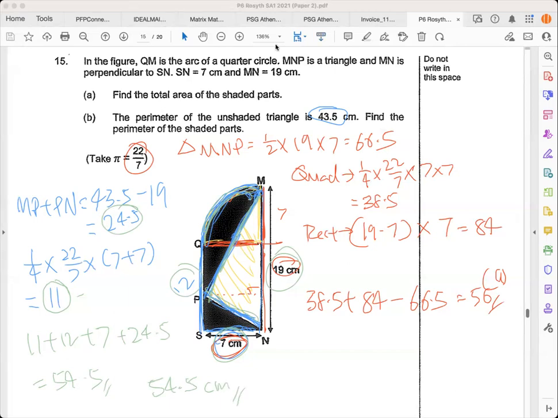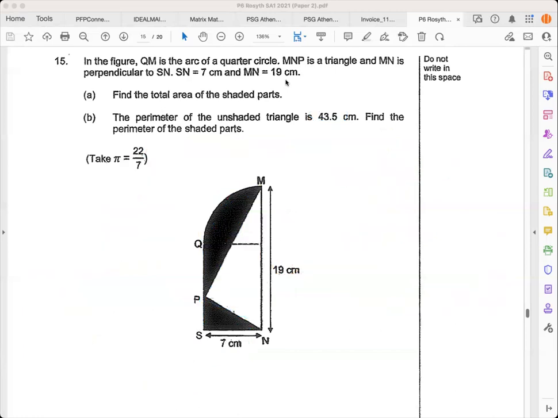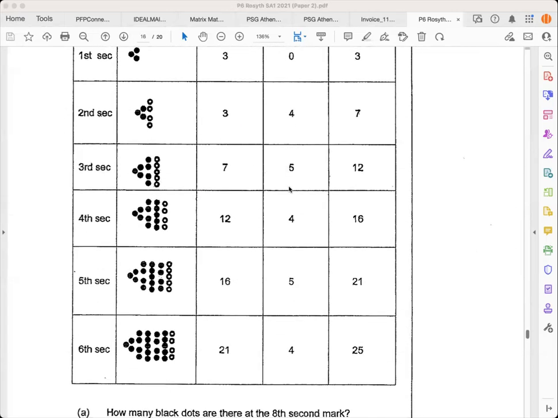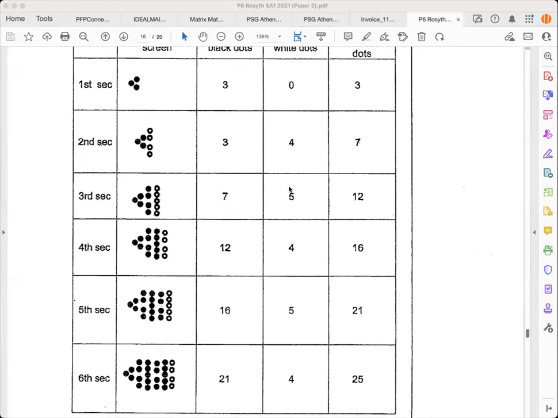So let's continue with question number 16. Question 16 is a pattern question. Wow, my screen cannot cover everything. Okay, so I will not read it out. If I look at the question, what is important is you need to know the differences between each second. So over here,